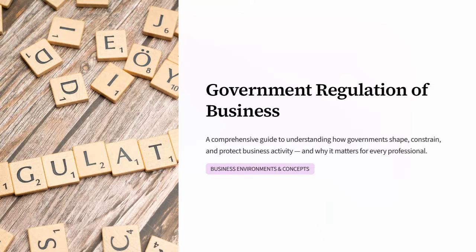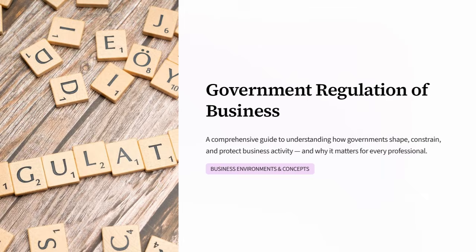I'll explain how government rules shape the environment in which businesses operate, including the ways regulation can constrain activity, protect stakeholders, and influence professional decision-making. The central idea is that regulation is not separate from business strategy. It is part of the environment every organization must understand. As we move through the presentation, we'll consider why these rules matter across industries and why regulatory awareness is important